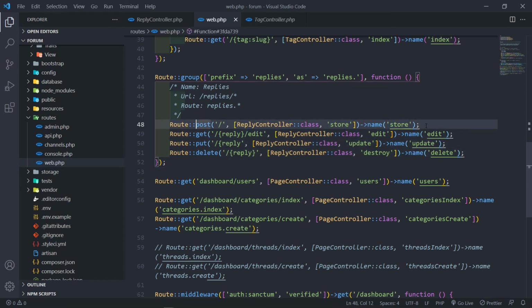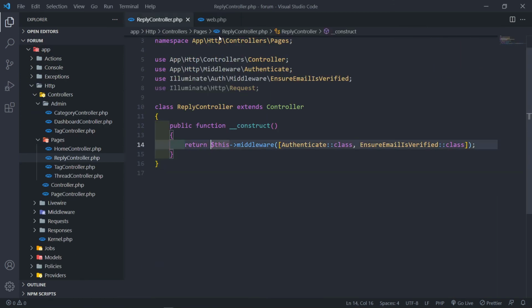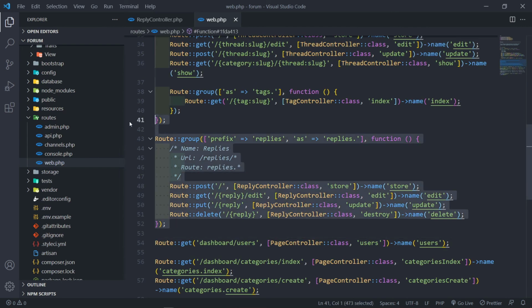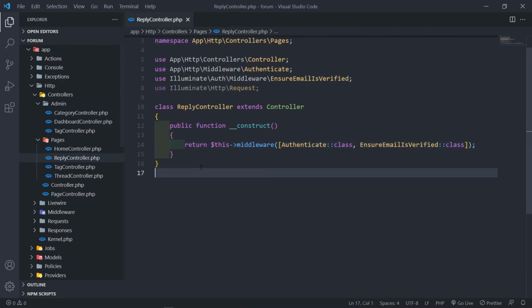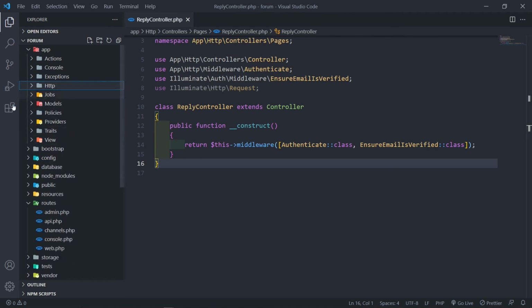So we've set up our 4 routes right here. We've got our post route for our store, a get route for our edit, a put route for our update, and our delete route for deleting a reply. We've got our routes all set up. In the next lesson we will be dealing with the methods inside our controller, but before we do that, we actually need to create another trait that handles